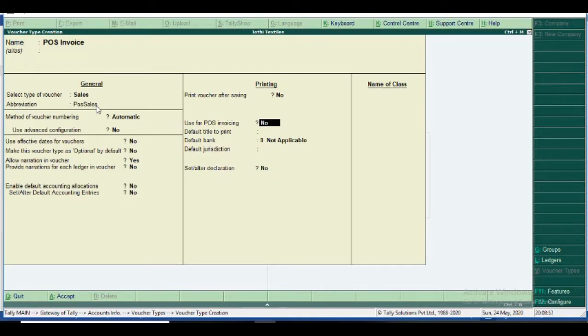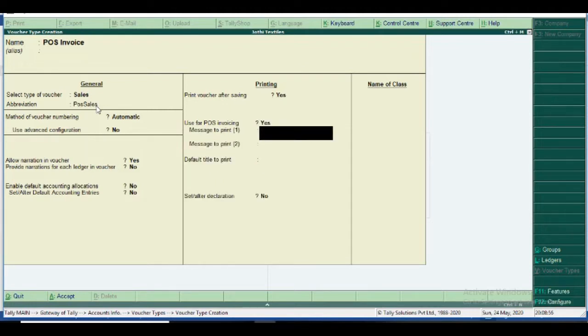Use for POS invoicing, yes. If I press yes, the balance screen totally changes, the balance options totally change. Some retail bills you see say thank you, visit again; in pharmacy bills, get well soon; in textiles, happy Diwali.